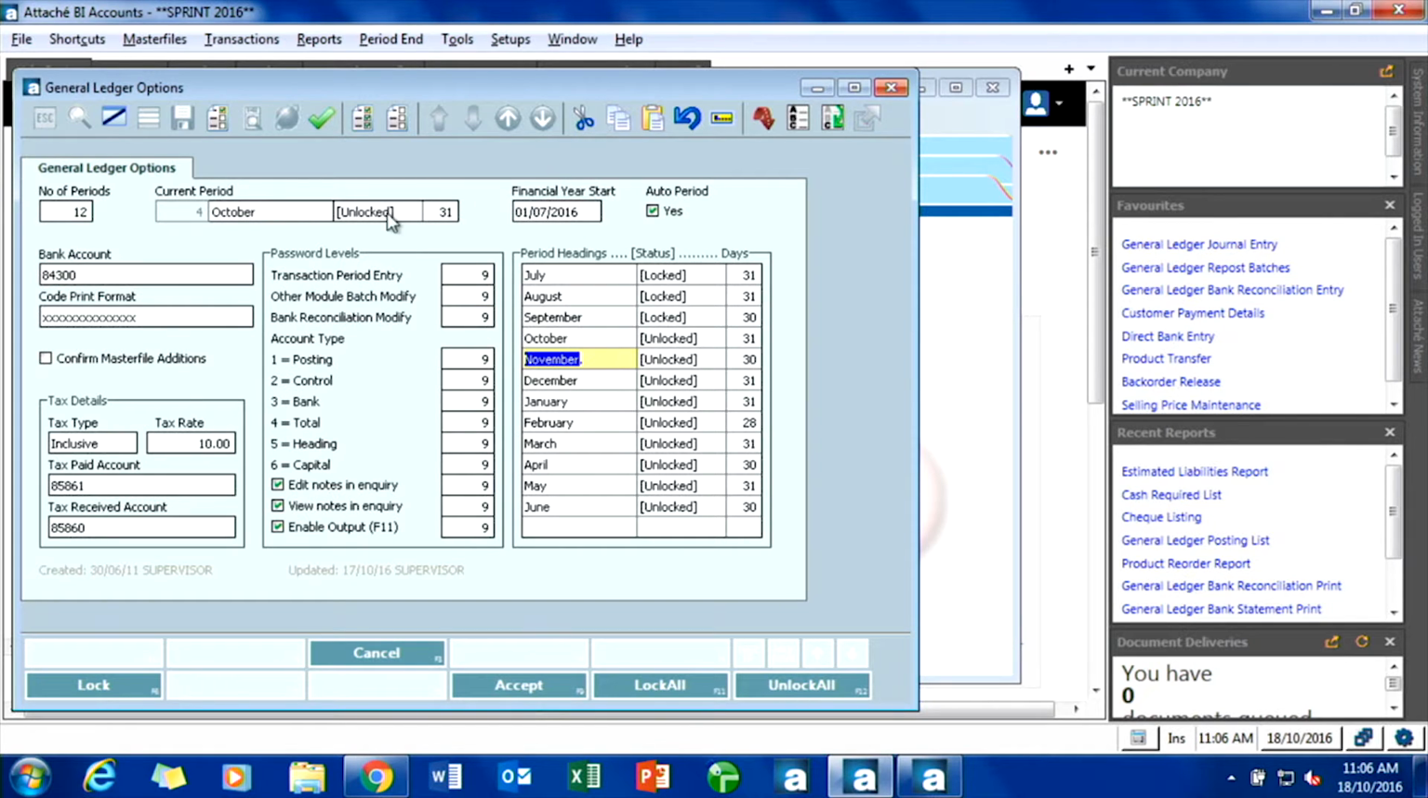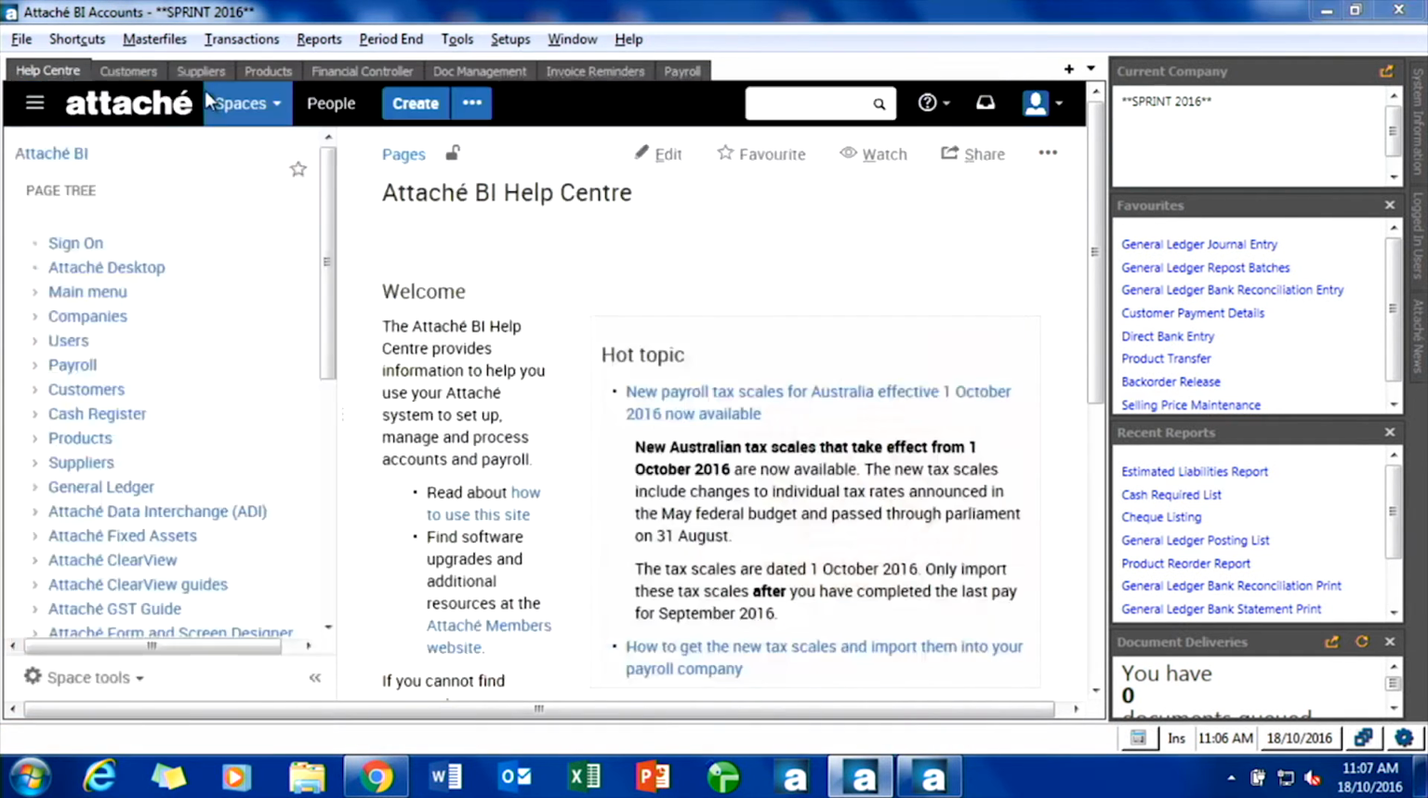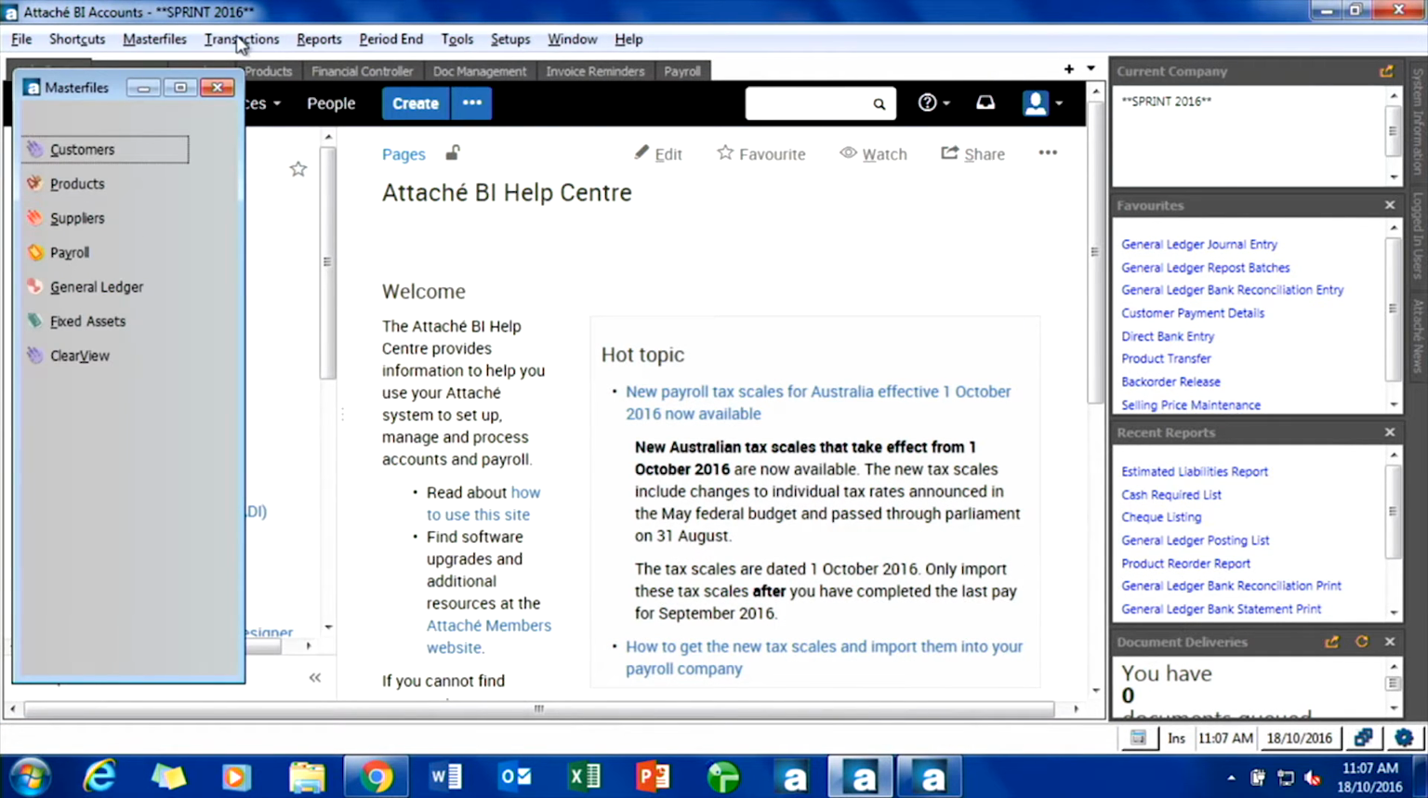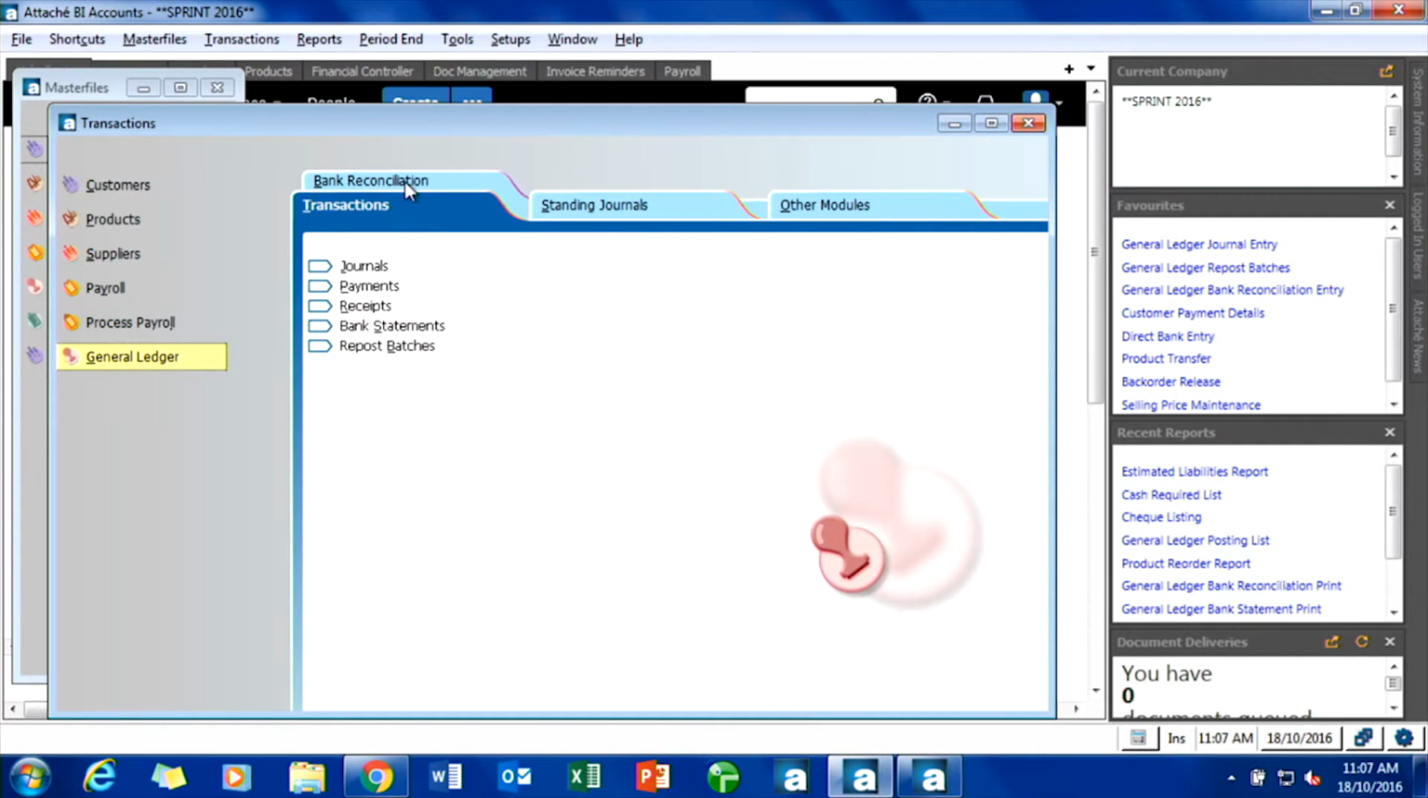The other thing that you can do as well, if you turn the auto period on, as soon as your system date ticks over to the new month, the software will automatically roll forward into the new period. And what it will also do, when you have the auto period set on, is when you are posting to the general ledger